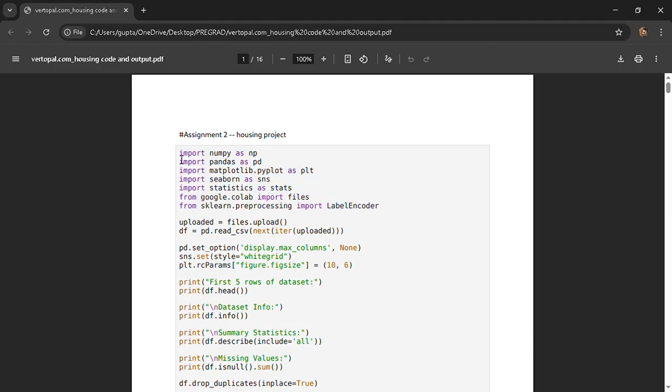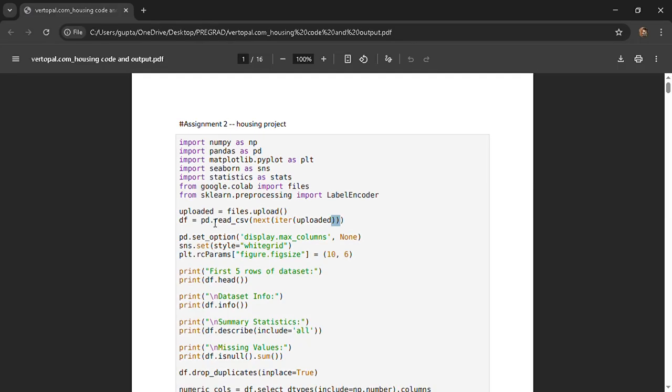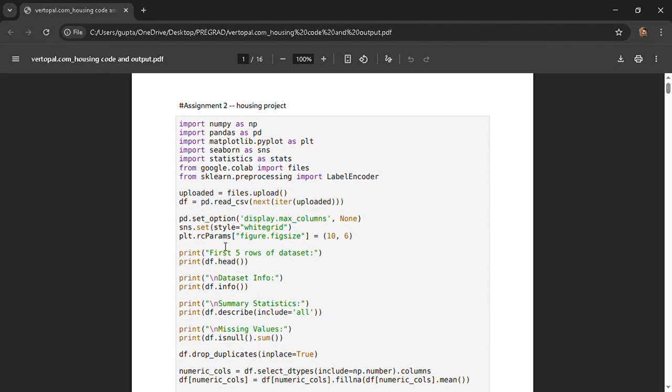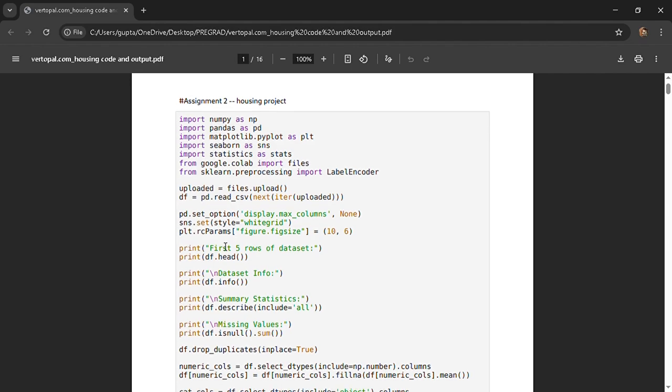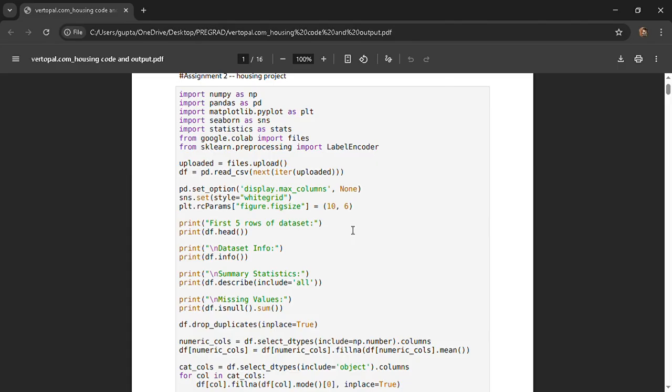Now we prompt the user to upload the housing data by using this code, as you can see clearly here. After loading the dataset, we configure Pandas to display all the columns and set up the plot style with this code. So we immediately examine the first 5 rows